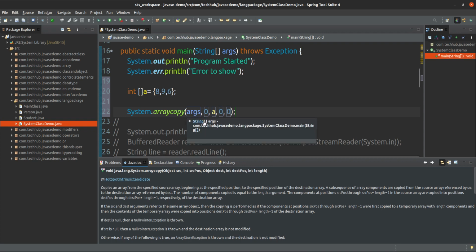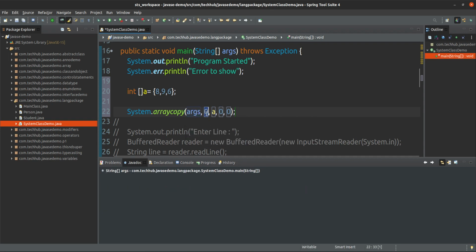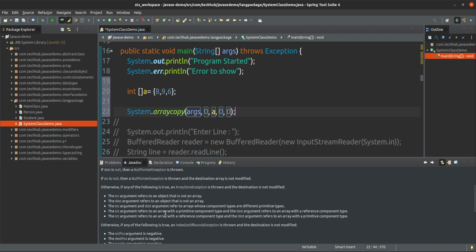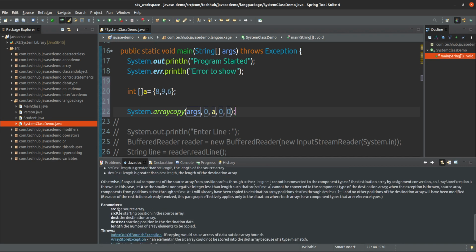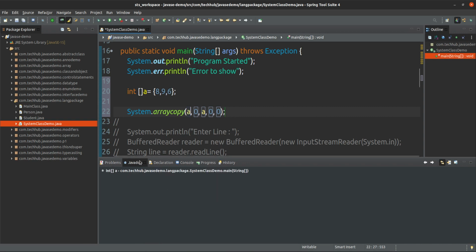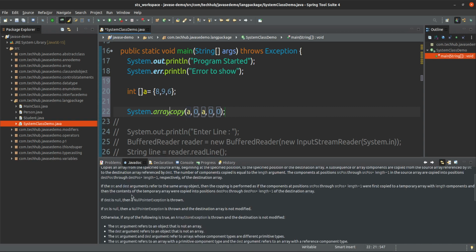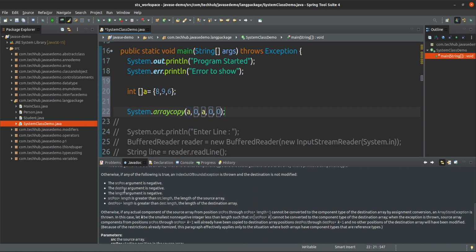Suppose here we have given one array, from this one to this one. The source array is a. The second one is the destination position, from which index in the next array you should start.